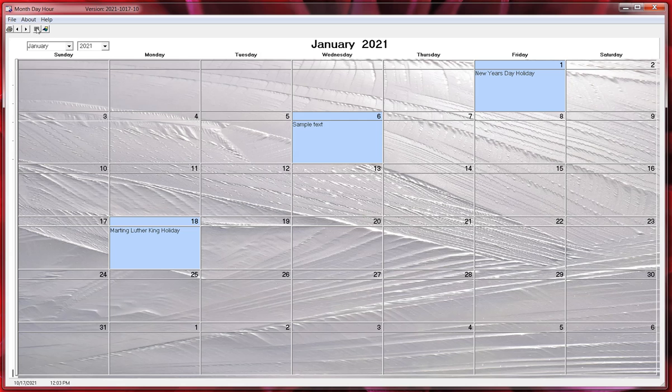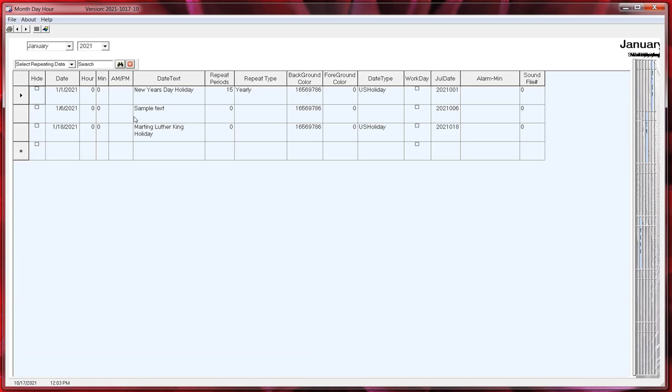Okay, let's go back to the grid, and I'm going to show you how to set up a sound. So I want this sound to give me an alarm at 11:30. Okay, now it's not a repeating date, like in this case the New Year's holiday starts on 1/1/2021, and it's a yearly repeating date, and it repeats for 15 years. That way New Year's holiday is always January 1st, so I can just set up one and set up for the number of repeating